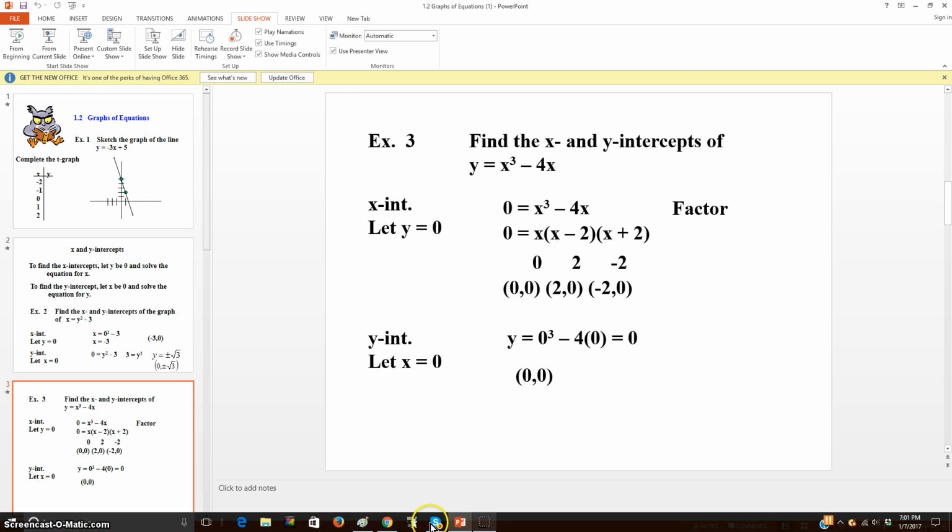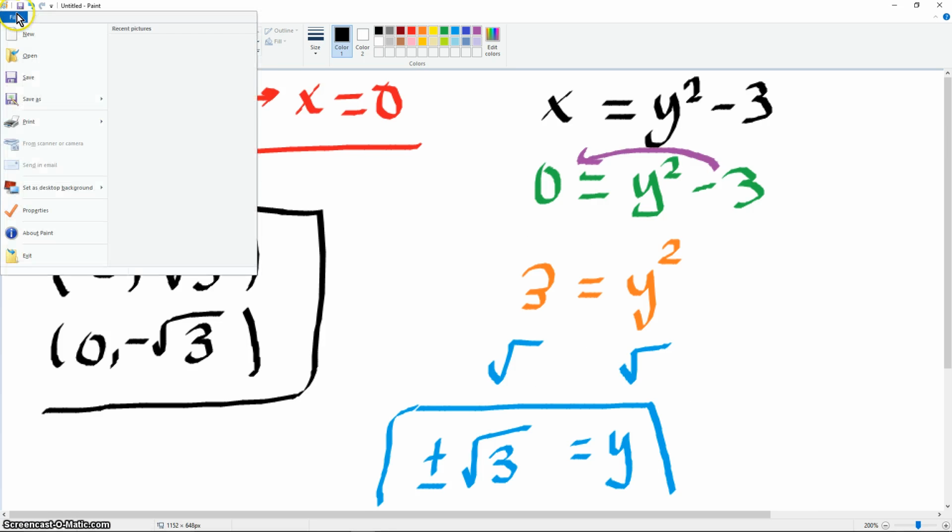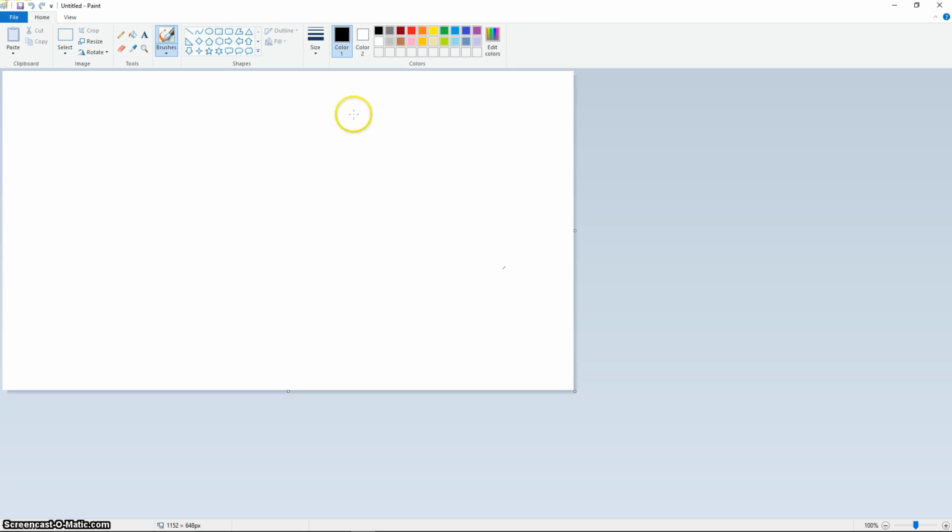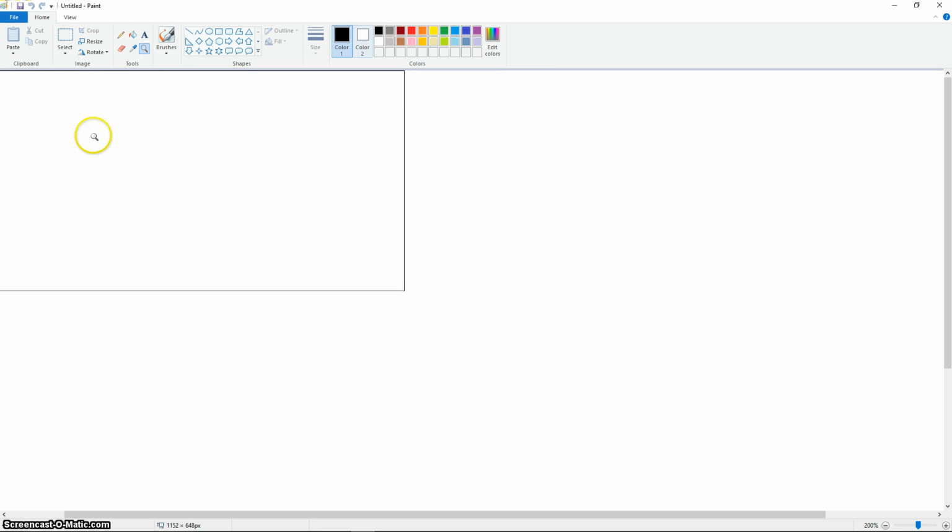Okay, moving on. This time another type of example says to find the x and y intercepts of y is equal to x cubed minus 4x. Okay, for this one it's going to be a little bit more complicated, but again it's basic algebra that you should remember how to do. So let's see. We're going to find the